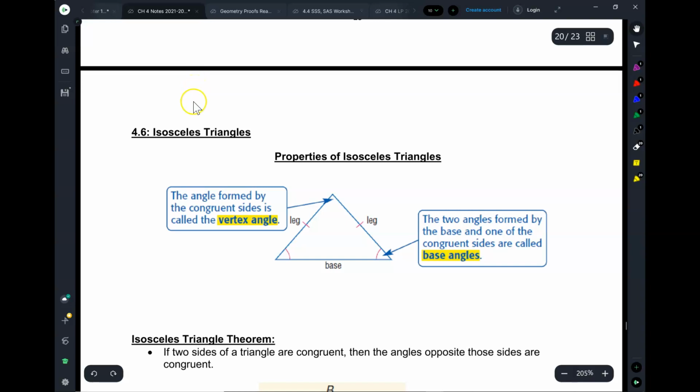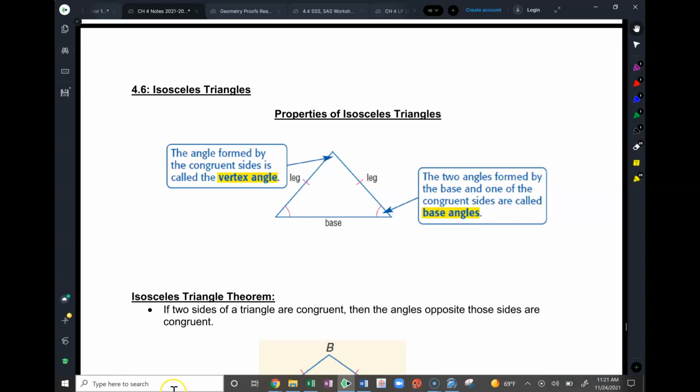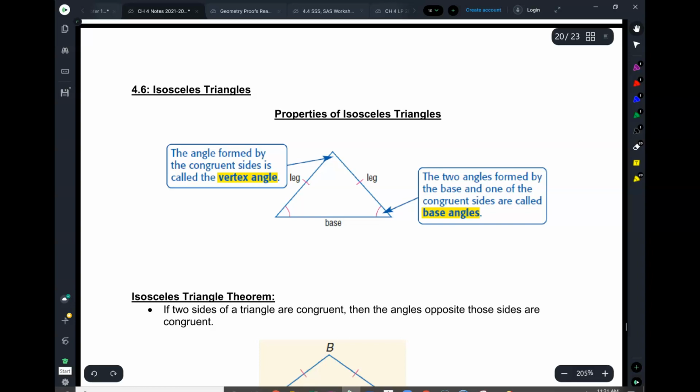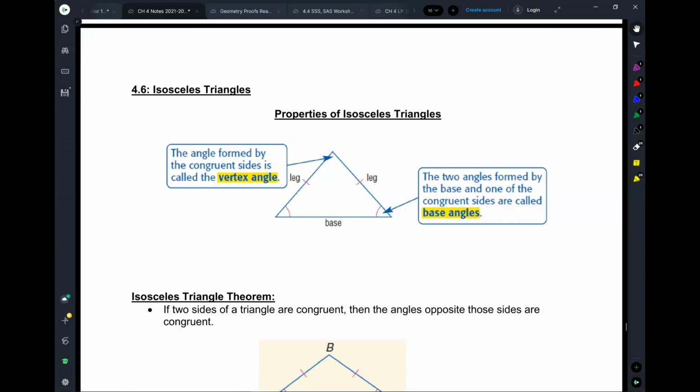In this section 4.6, we're going to talk about isosceles triangles. We've mentioned isosceles triangles before, and we're going to go into a little bit more detail. We've mentioned that isosceles triangles are triangles that have at least two sides congruent, and those two sides that are